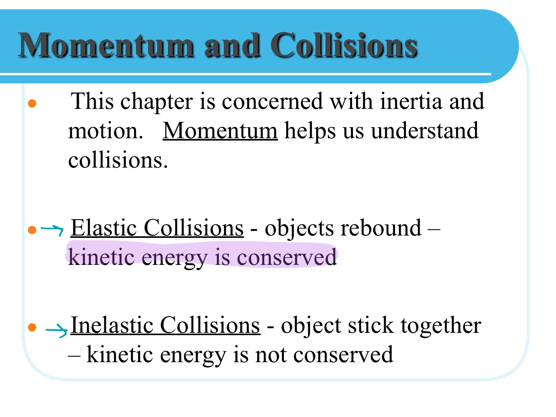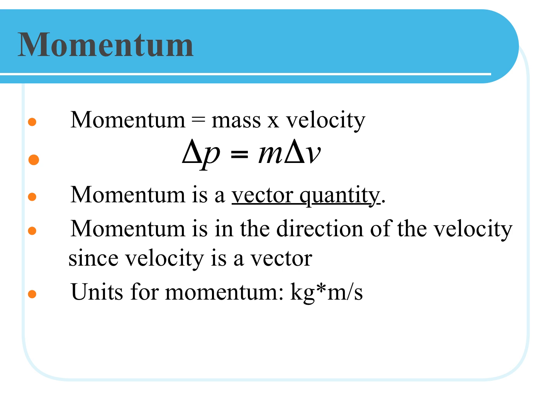Okay, so that's kind of our introduction here, but let's talk about momentum. Momentum is mass times velocity. Now, what's our delta mean right here? Change in, right? Change in, or final minus initial. But the way we write out our equation can really just be P equals mv, right? We know that if we add a delta to the front, we're going to take final minus initial, right? And the mass would not be changing, so we would have to talk about the change in velocity. But I don't think it's necessary to put that into the equation every single time. So if we want to find the change in, we could add that delta onto there, but we don't need it for basic systems.